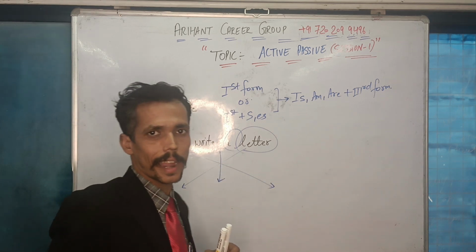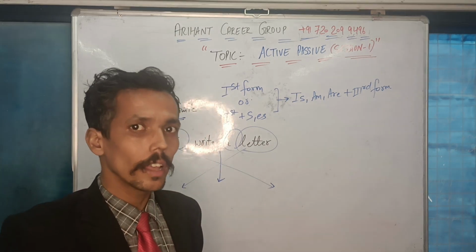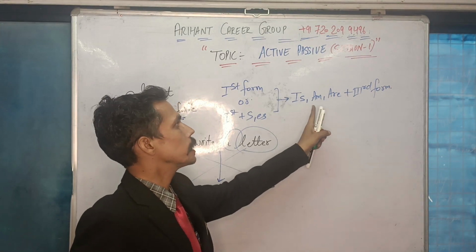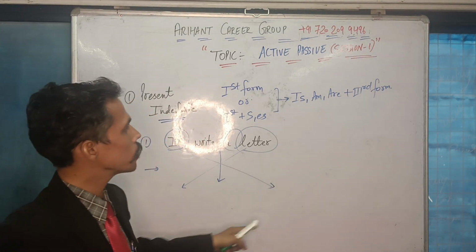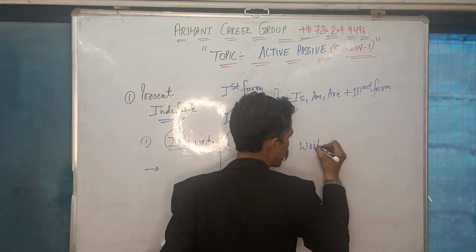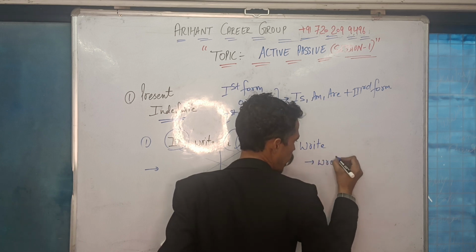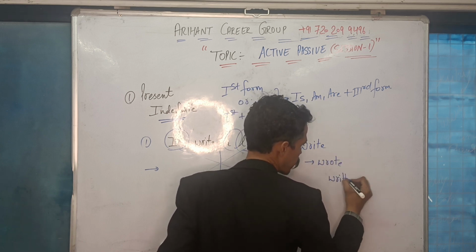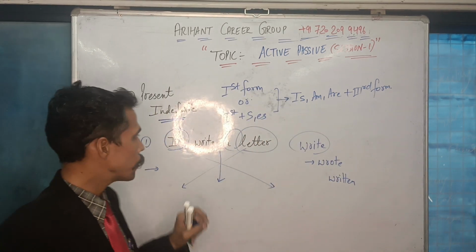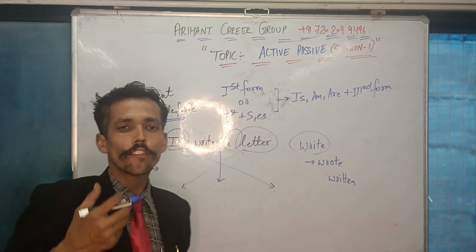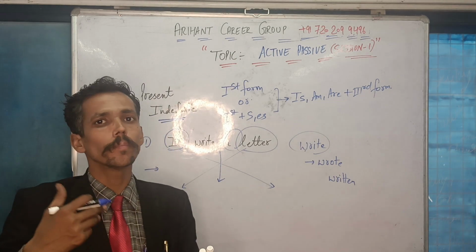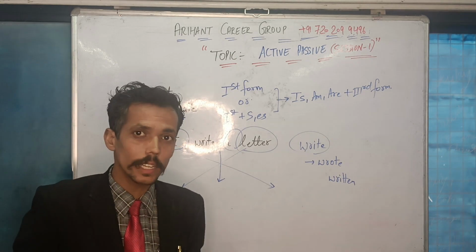But we have to understand that when your object becomes a subject, which helping verb is more suitable? I'm supposed to use either is, am, or are. But before I apply this rule, I need to understand what write means. Write is the first form. The second form is wrote, and the third form is written. From this word, I will come to know that this is the first form. If the subject were he, I should have written he writes a letter. So whether it is write or writes, it is again a first form.